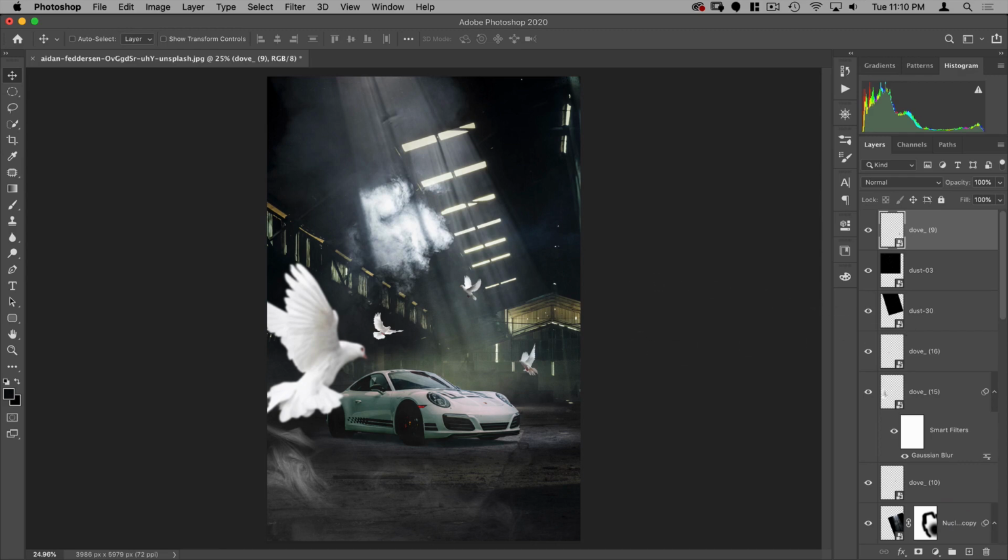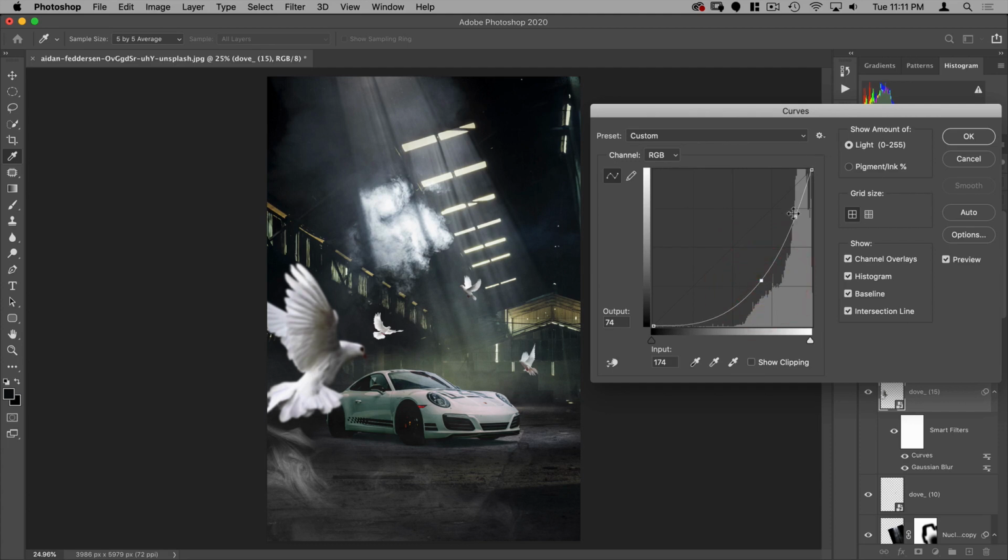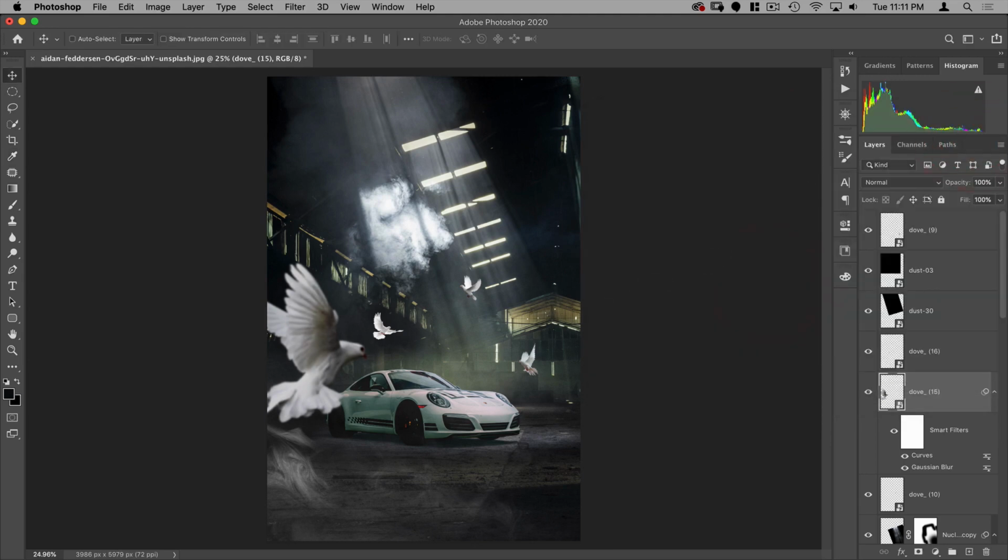Before I do a color grade, I kind of want to assess, similar to what we did with the car, just make sure everything looks relatively right in terms of color. Like for example, this bird just looks way too bright. So rather than trying to color grade on top of that, I'm going to add a curve directly on the bird and just make this darker. Now, these other birds are directly in the light, so I don't think those are really as problematic as this one. So we can leave those.